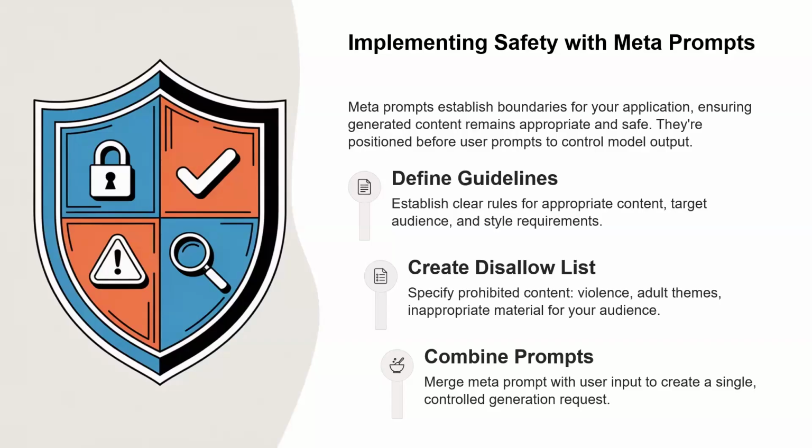So back to meta prompts, they define guidelines. You can use them to create a disallow list. So let's say we don't want certain things to come out in our output. We say we don't want anything related to violence, adult themes, inappropriate material, and then we can combine prompts. We can merge our different meta prompts into our main prompts, which allows us to,